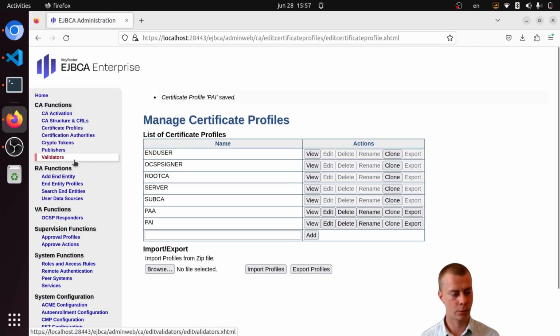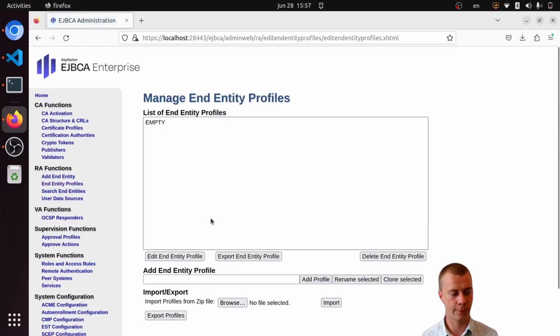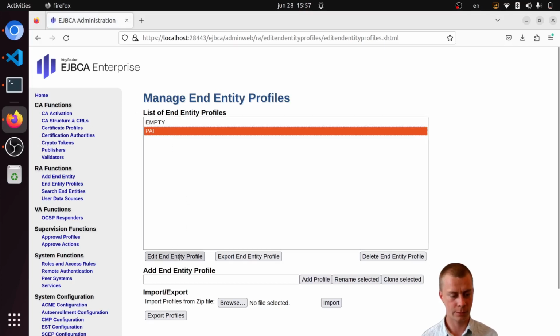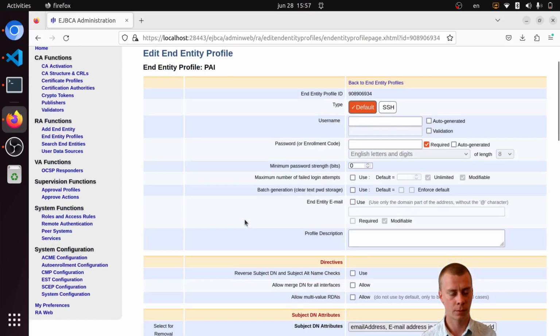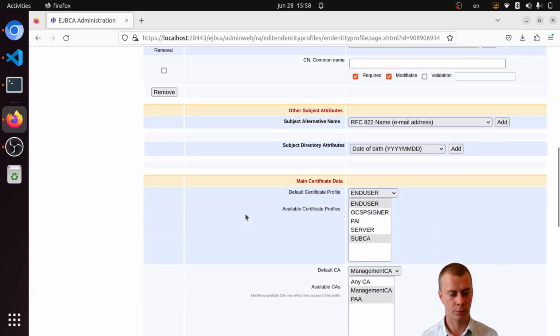Now we're going to want to create an end entity profile as well. So find end entity profiles in the left menu. Here, create one named PAI. Click add profile. Click it in the list. Click edit. For end entity email, we're going to uncheck this one. And scroll down to